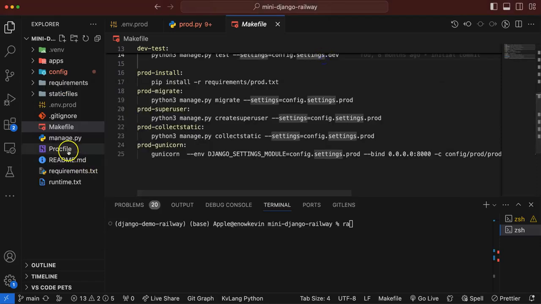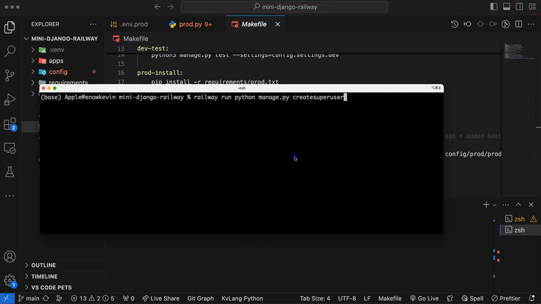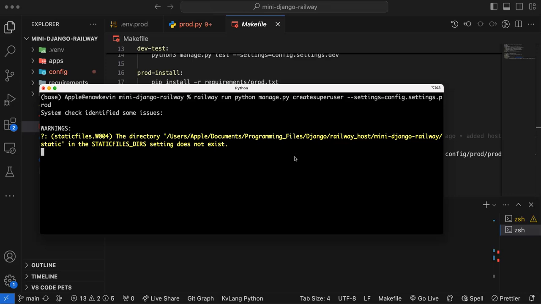And since we're using a different environment, I'm just gonna copy one of the production environment variables here, paste it on my terminal and run it. Now it asks me for the admin username, I'm gonna use admin. The email, I'm just gonna skip, and then I'll put in my password,